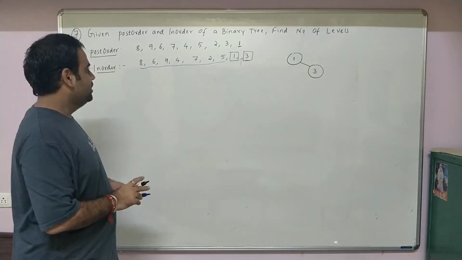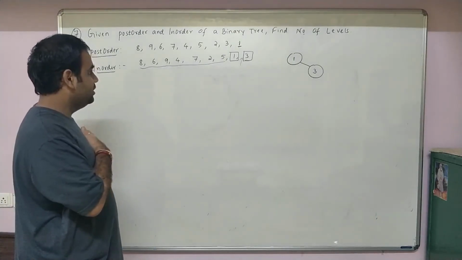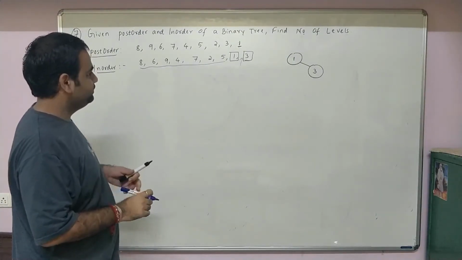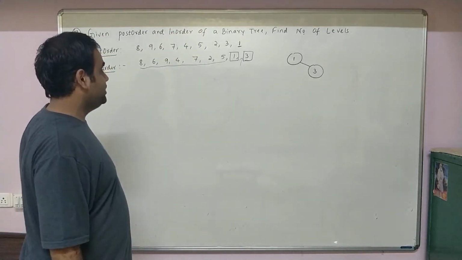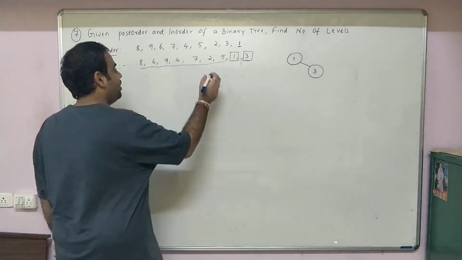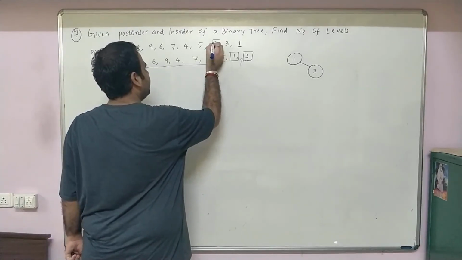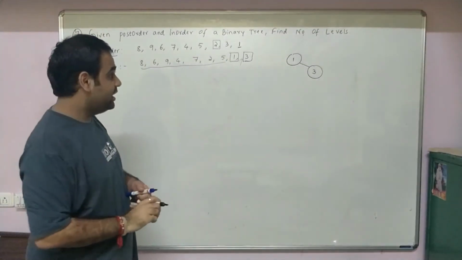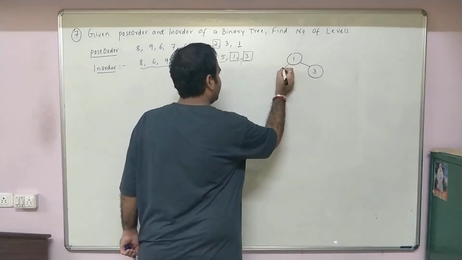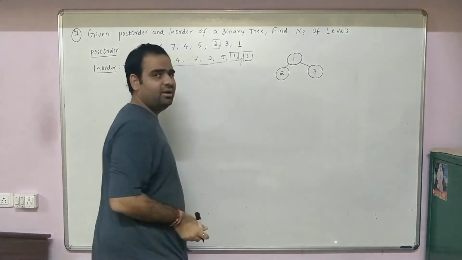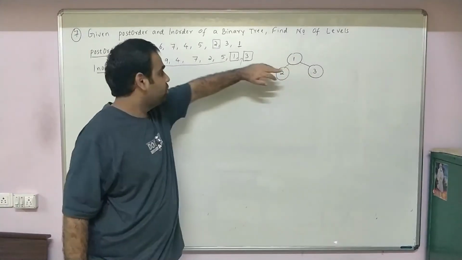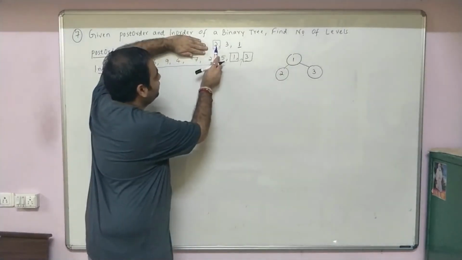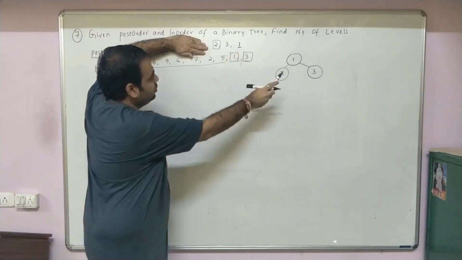Is that okay? Now after this you need to find the element which will be processed on the left subtree. Now what will be the element that will be processed on the left subtree? It is 2. Therefore 2 has to be over here. Why 2 has to be over here? Because in post order traversal it is left, right, root. Suppose this is the only tree, this is left, this is right, this is root, 2, 3, 1.